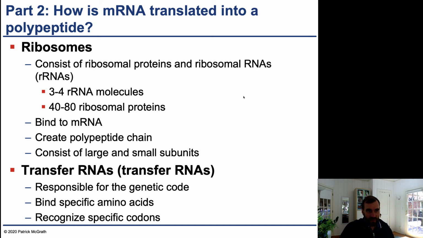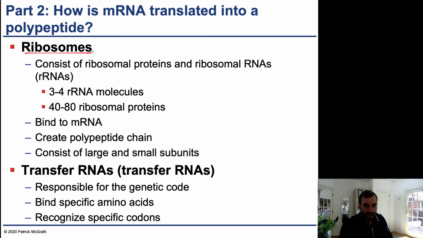All right, so the second part of this chapter, now we're going to talk about the mechanism by which mRNA is translated into a polypeptide. The secret to this, in order to know this, you have to know about ribosomes. We've talked about polymerases: DNA polymerases copy DNA, RNA polymerases turn DNA into RNA, and now we have the ribosome. The ribosome is what reads the mRNA, translates it, and creates the